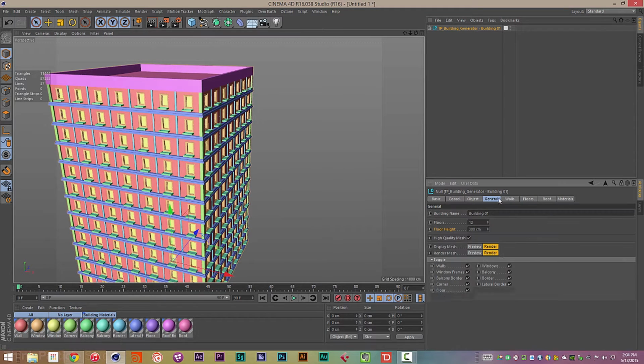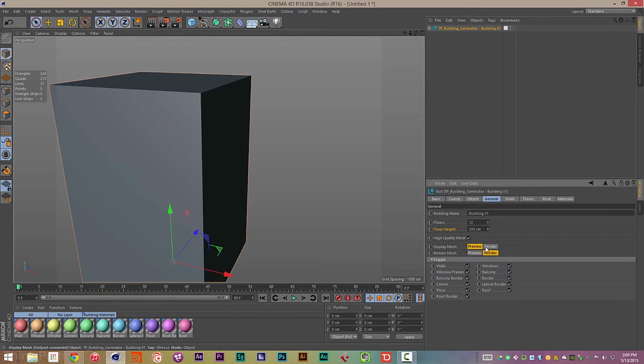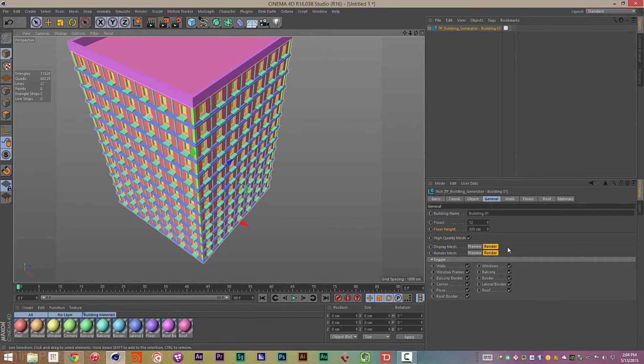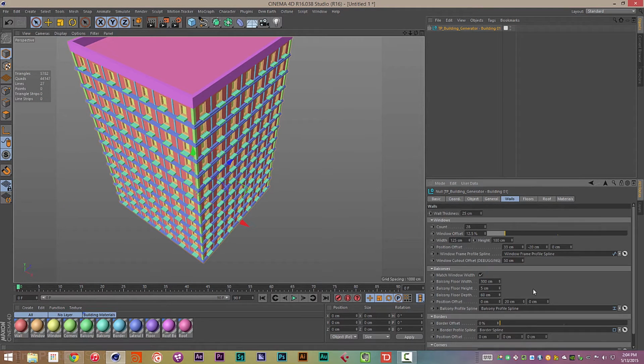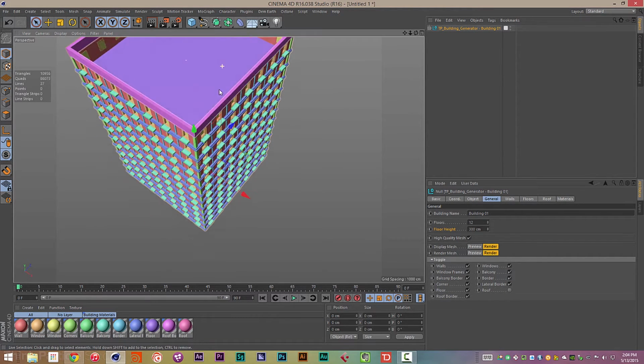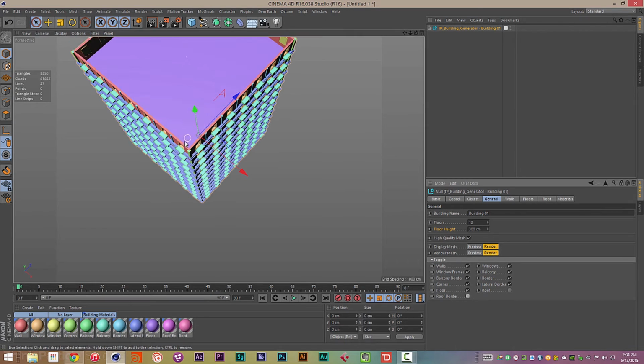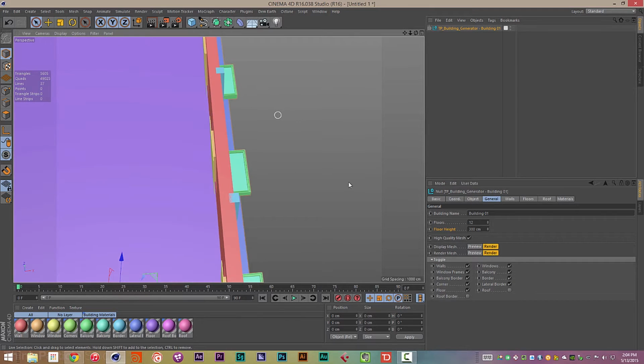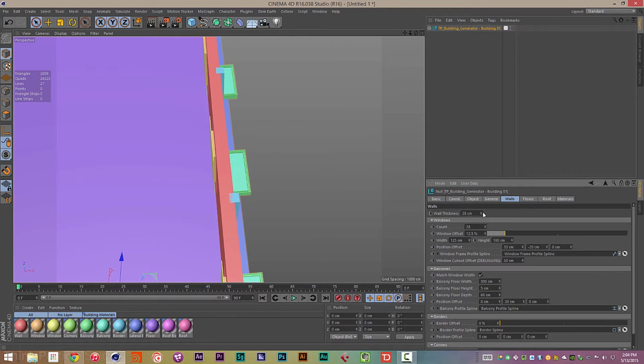Cool. So you have your ability to turn on a high-quality mesh or a low-quality mesh, and the reason that you have that is because you can define the thickness of the walls, and that is useful when you take off the roof or the inner bevels. If we turn off the roof and the roof bevel, roof border, you can actually see that there's a thickness along the edge to the walls, which is useful because the plan for this is to be able to use the building generator to